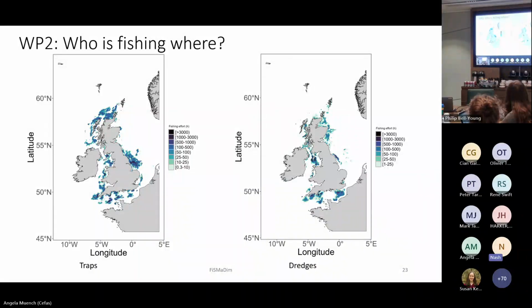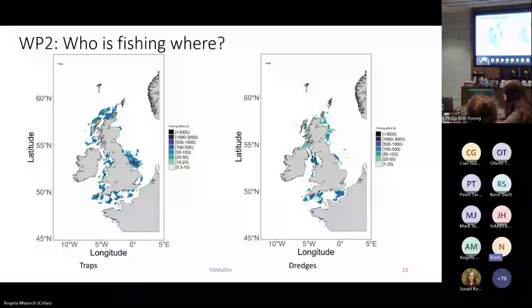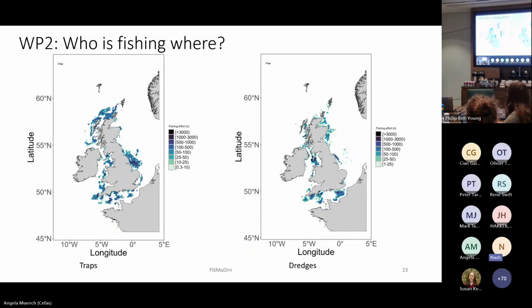And this data that we're showing here right now, these maps, are aggregated fishing effort from 2012 until 2021, grouped into 5 by 5 kilometer grid cells, and only showing grid cells where at least 3 vessels were operating. So we're trying to respect some of the commercial sensitivities and the GDPR sensitivities of the data. These maps will all go to the Work Package 4 tool that Renee is going to talk to you about later.